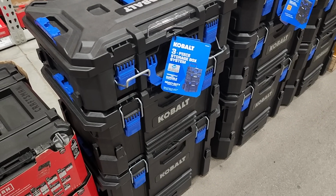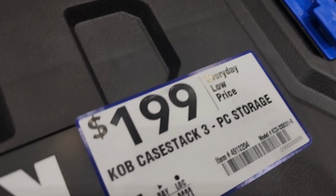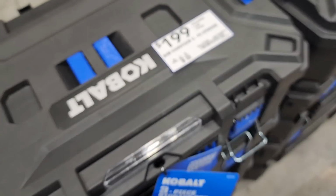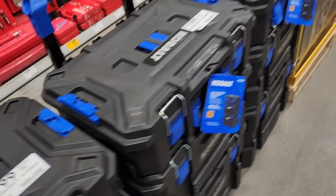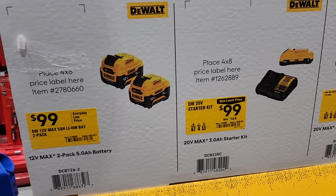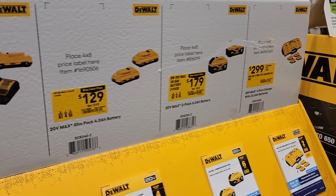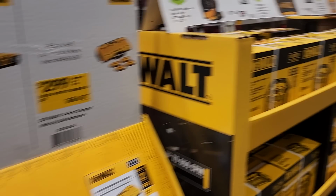This one actually looks pretty nice. It does have some metal. Well, part of the hinges and the locks are metal. It's $199. It actually looks pretty good quality. So, all right, 2-pack of 5s for $99. You got a starter kit for $99. We already saw that one. And then we got the 4 bay charger for $299 with